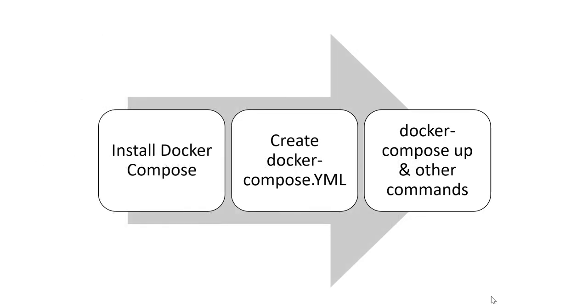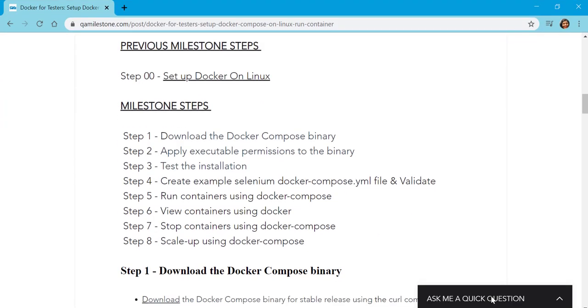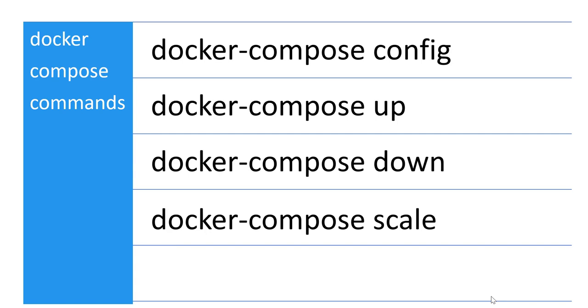So what we will be doing in this lecture, we'll be installing Docker Compose, and we'll be creating a configuration file, and then we'll be using other commands and especially Docker Compose up to see how we can bring up containers. Prerequisite, you need to have Docker installed on your machine, and if you have not installed it so far, please refer to my lecture from one of the series which talks about installing Docker. We will be going through the steps which are mentioned on my blog, and they're very crystal clear, so we'll be using these steps, and you can also refer to these in case you're looking for written instruction. We'll be referring to these commands while doing our job.